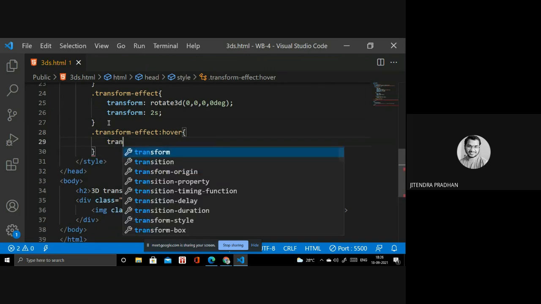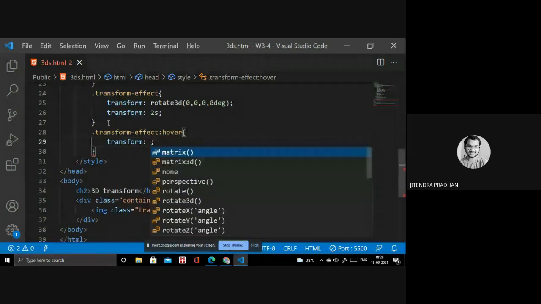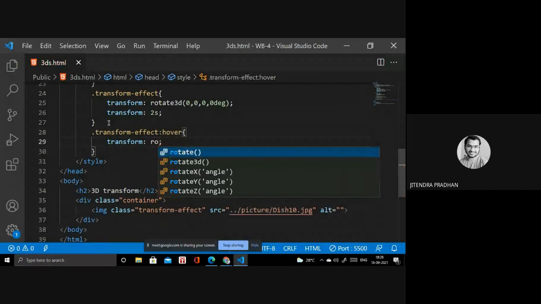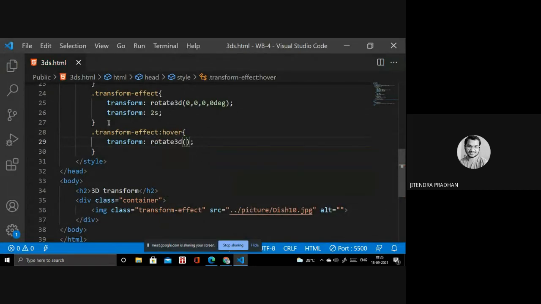So it's transform. In that you have to write rotate 3D, and whatever degree you want. So if I give 2, and below 0, and 1 if I give, and next is 180 degree or 360 degree, whatever you need, you have to write.